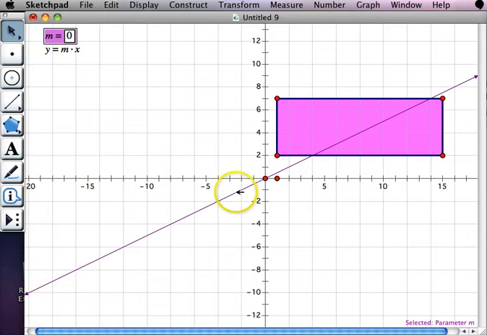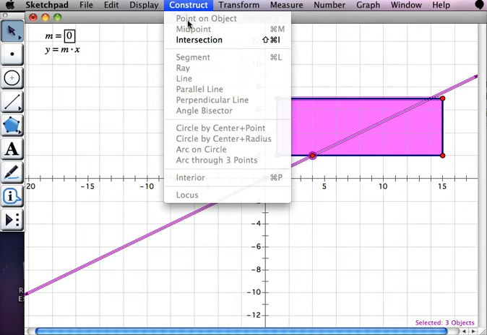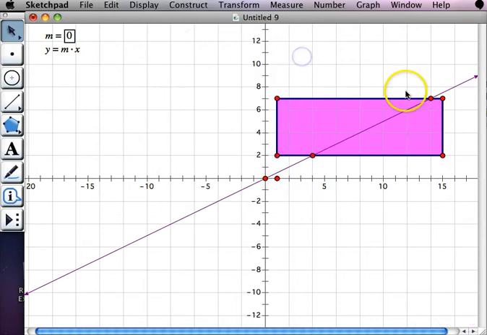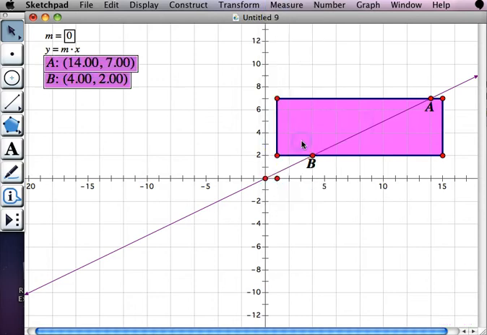So let's select here, select here, and this line perhaps, and we'll construct the intersection. We probably should have done it here too. Construct that intersection. And we should be able to click on these and measure those coordinates. So there they were for that one. An idea, depending on what they want to do here,